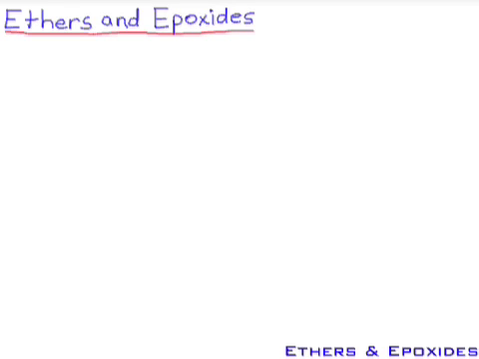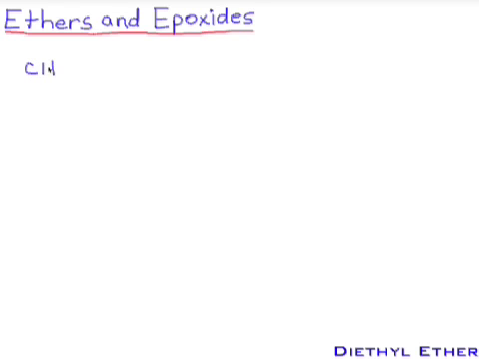In this lecture, we're going to begin looking at the chemistry of ethers and epoxides. We'll first begin by examining the preparation of ethers. The most common ether, diethyl ether, is formed by the dehydration of ethyl alcohol. It was first reported in the 1500s. The industrial preparation for diethyl ether